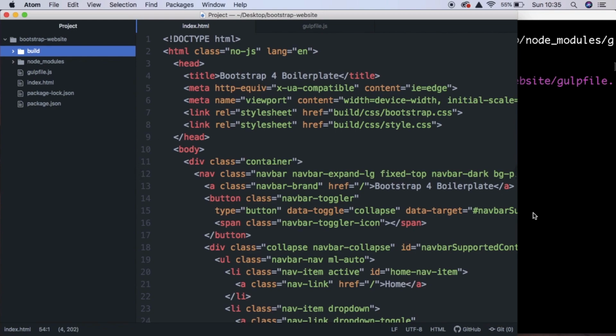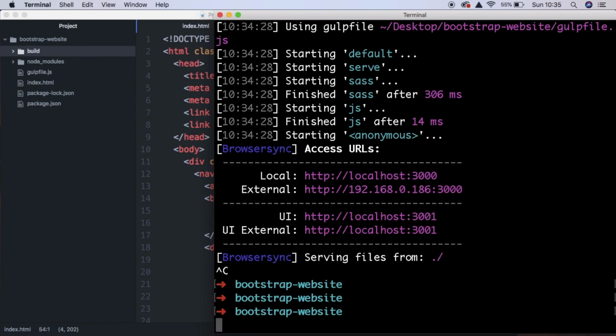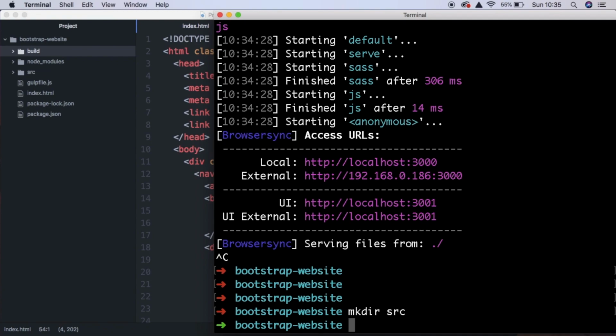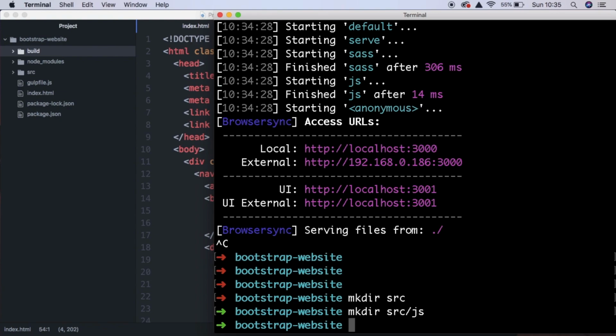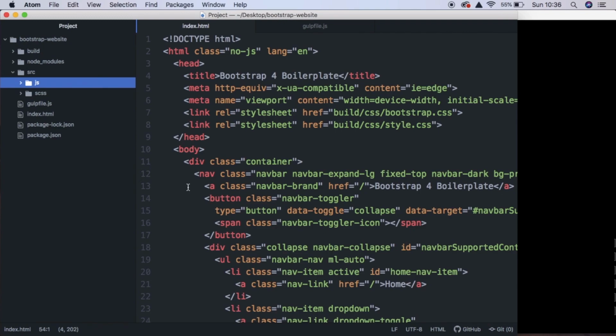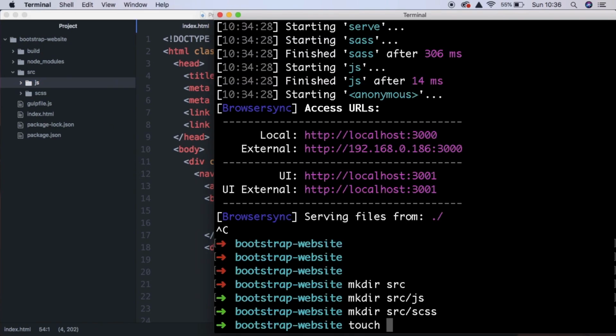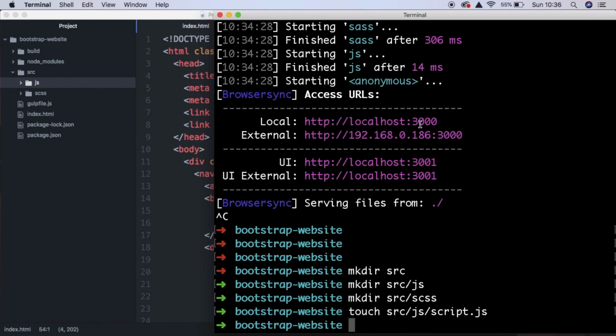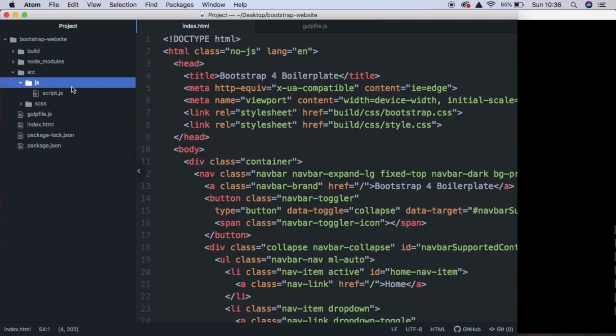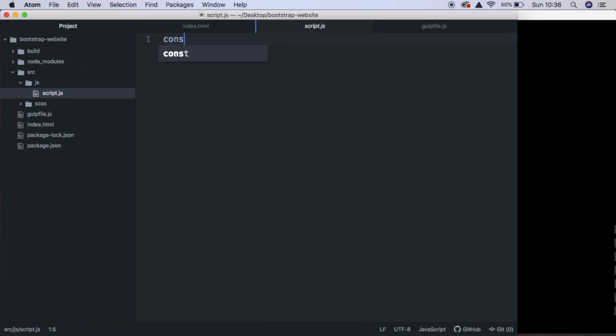So we have build at the minute, but we're going to create a source directory. So we're going to say mkdir source, and inside source we're going to create another directory called js and another called scss. So now inside this js folder, we're going to create a file. So we're going to say touch source/js, and we're going to call it script.js. And inside this file, for now, all we're going to do is console.log